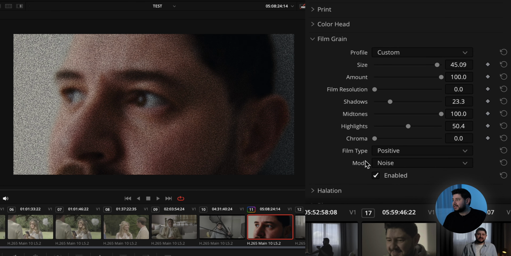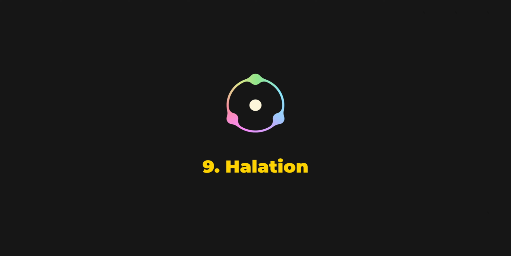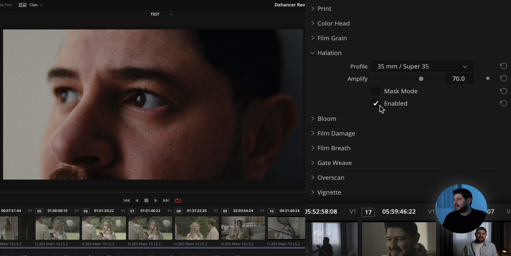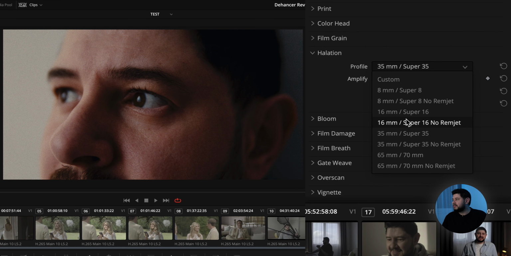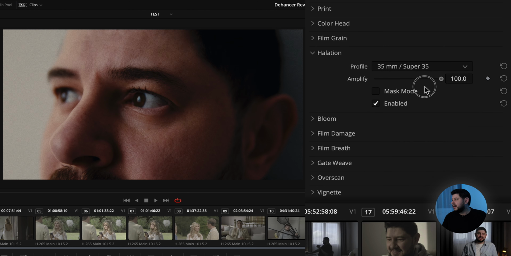You can choose between analog and noise. The way I understand this is that noise is more like a digital noise, whereas the analog is literally grain. Halation, you can enable that. In this shot, I actually don't have any part where we will have a halation. Keep in mind that halation will make your shot a bit warmer. If you look here, it makes it warmer because it will add a bit of red colors onto the entire image. You can of course choose between the different stock, the different size of film, and you can